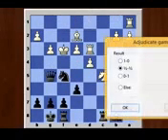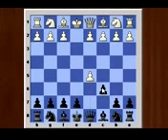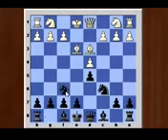In another game between two grandmasters, e4, d5, e captures d5, c6, d4, c captures d5, bishop d3, knight c6, bishop e3, knight f6, knight f3, and bishop g4,